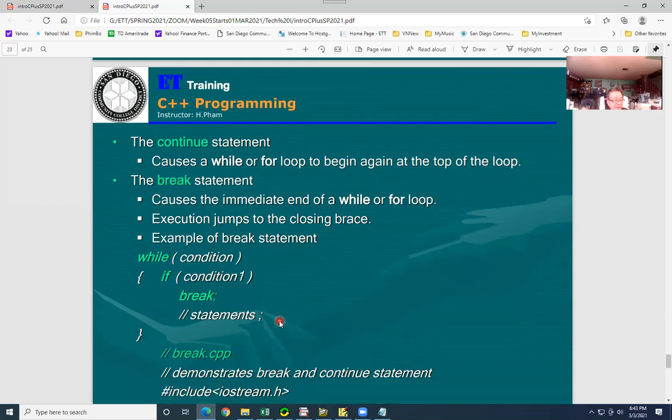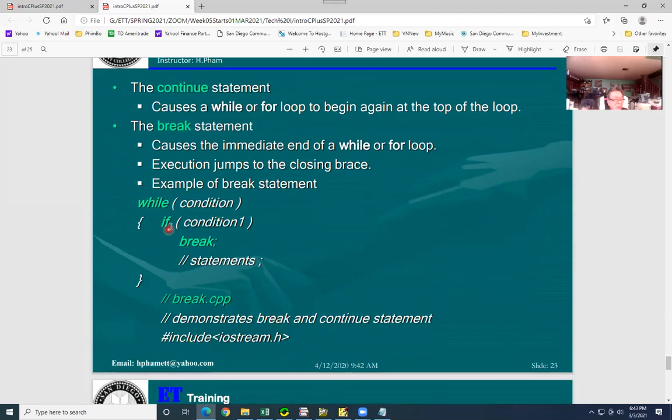Example of the break statement. You see while whatever condition, and you open the brace and you close it here. Okay, condition 1, you do it, then they break, they get out. Without a break, they display a second one. That's exactly inside